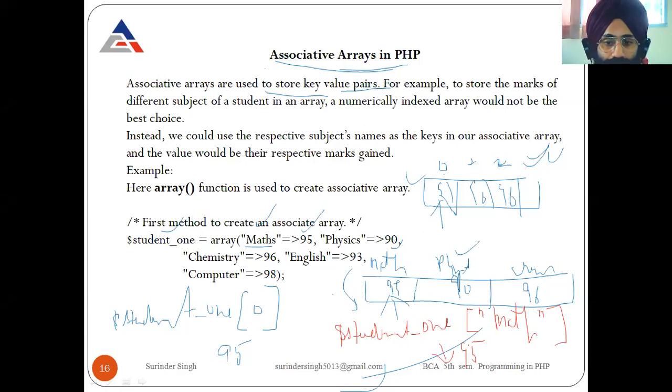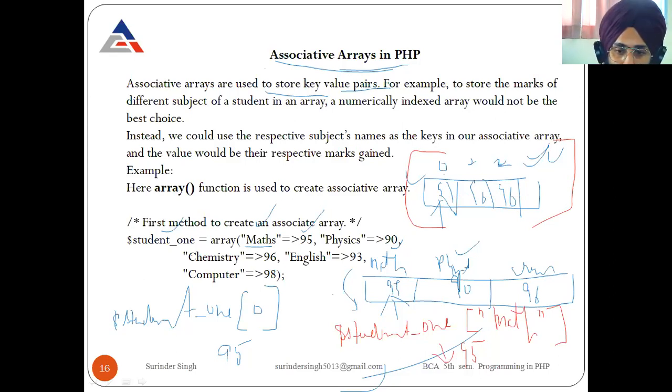For referring to the values in the indexed example, we cannot identify what values it contains, like 95, 96. We are unable to identify what information the array has. Clear?